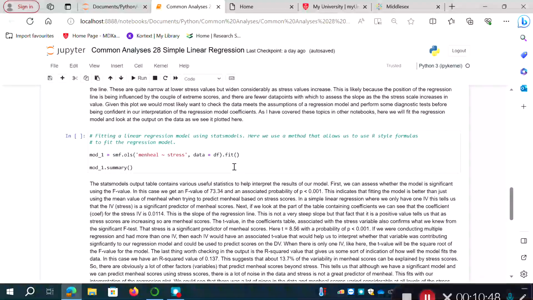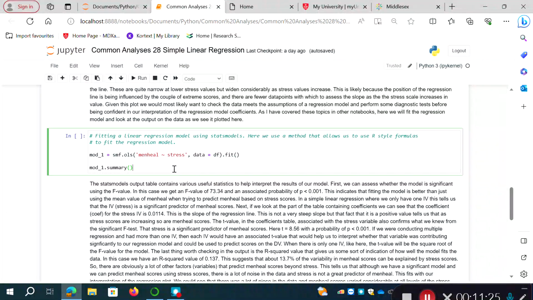Okay, so I'm going to fit a linear regression model to start with using statsmodels. I'm going to create this object called mod_1, so model 1, and that's going to be SMF, so I'm calling statsmodels.formula.ols, the ordinary least squares method from statsmodels formulas, and I'm passing in as a string the actual regression equation we're interested in. So mental health, the DV, is a function of stress, is what we're specifying here. Specifying we want the df data frame, and I'm doing it all in one line with the .fit here